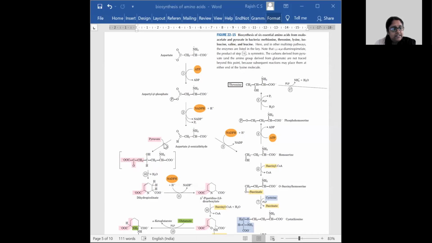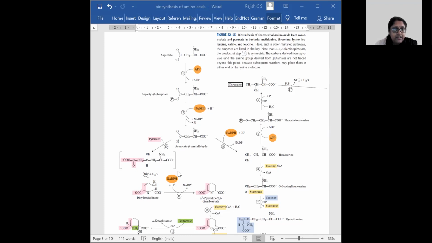So now that we have this, pyruvate will be added to this and dihydrodipicolinate will be synthesized. So one step is the addition of pyruvate, and the next step is the removal of water. And then what we will get is a ring structure, and that is the dihydrodipicolinate. And once we have the dihydrodipicolinate, then the piperidine